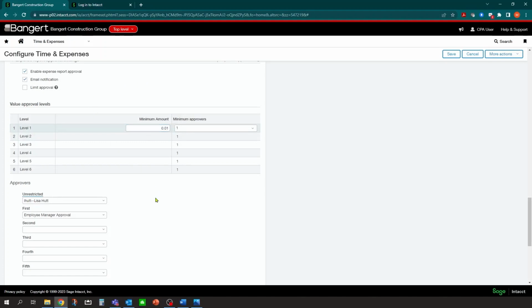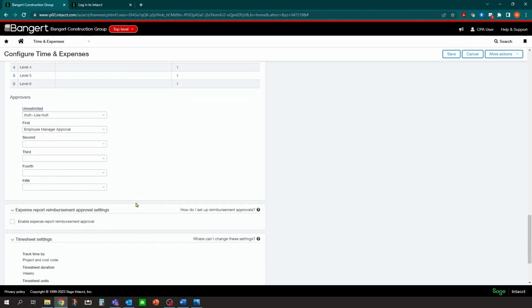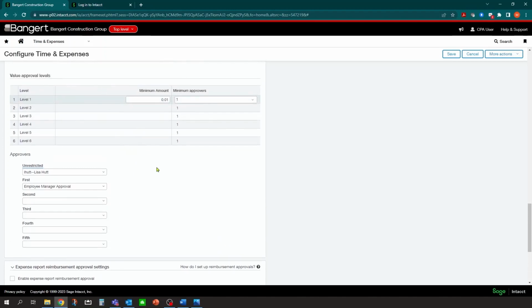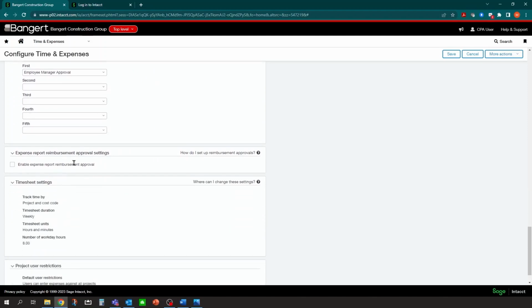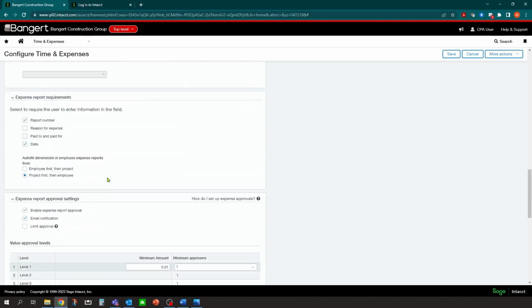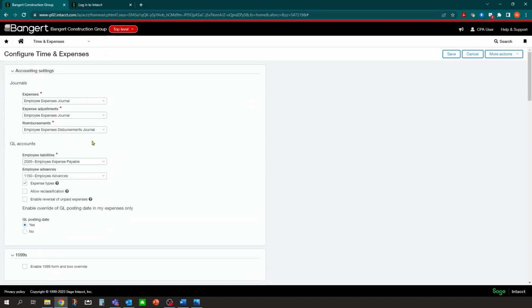So we're going to leave it on level 1, a penny. And we're not going to turn approvals on once we are going to generate the payment record. We're going to just do our approvals at the initial receipt level. Once it's initially received, we don't need another approval set up for actually paying multiple receipts on a bill for an employee. But you could turn that level on as well and have a dual approval limit. And that's basically the configuration in time and expense. Let's close this out. Now I'm going to click Save.